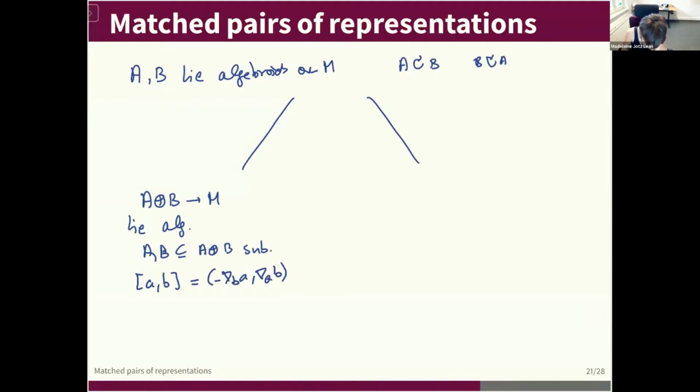Or a completely different picture, that would be the bicrossed product: A times B is a double Lie algebroid with trivial core,